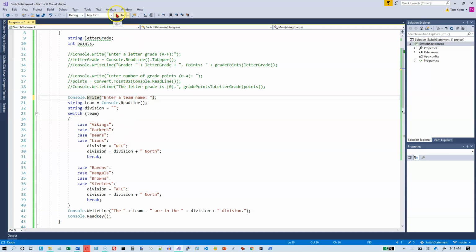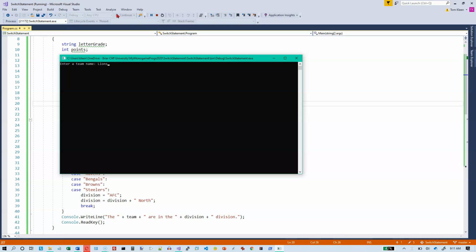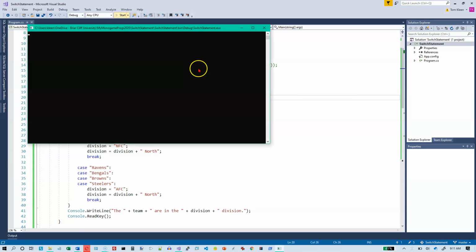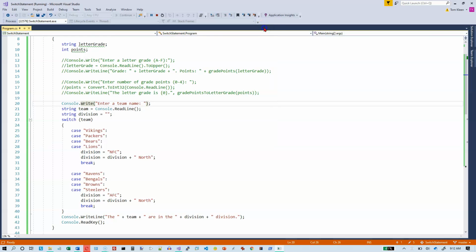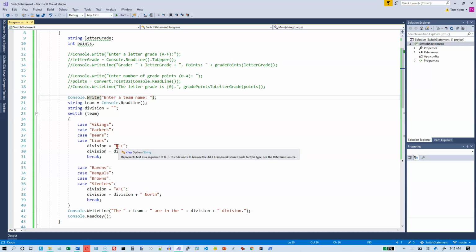I'm going to run it again. I'm going to try Lions, and I should get the same thing. Go ahead and close it. So it's working. And I want to try one more example. If I don't type in the exact correct letter case, with a capital V and everything else in lowercase, it does not work. So what you would probably want to do here